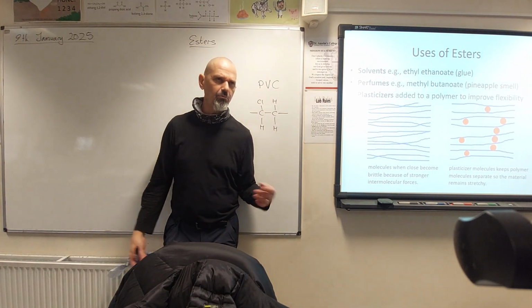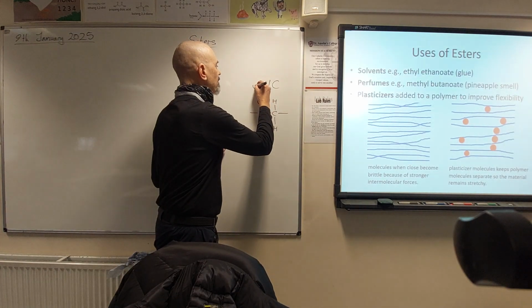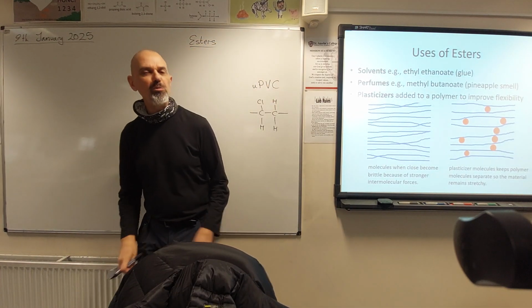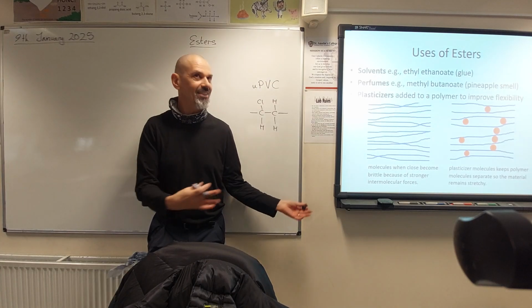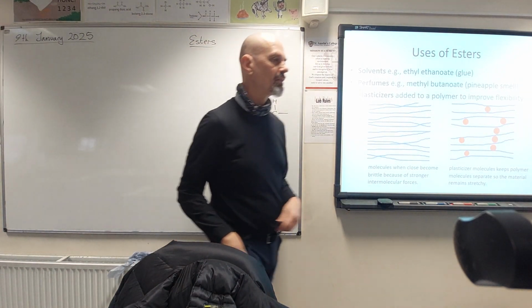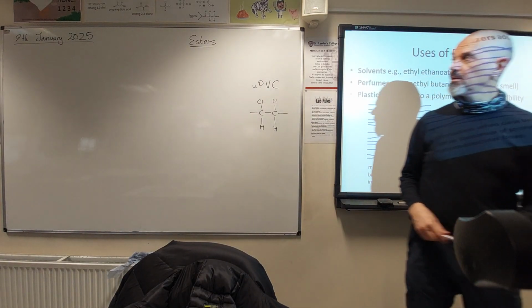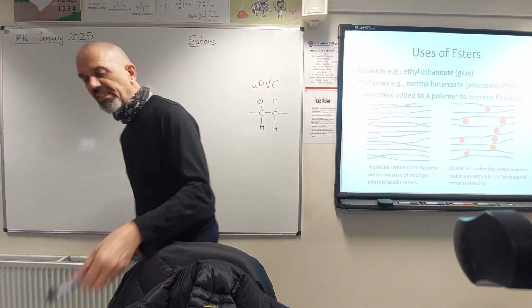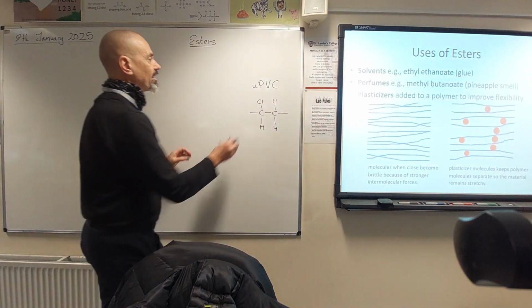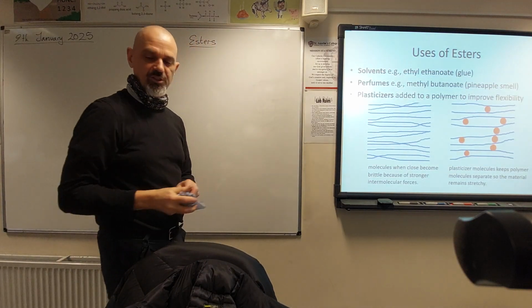You obviously don't want your windows to be kind of loose and floppy. The glass would just fall out. So you'll sometimes see the letter U put in front of that. That means unplasticized. It's PVC without a plasticizer. We'll do more on polymers later on. But the specific type of esters I want to talk about today